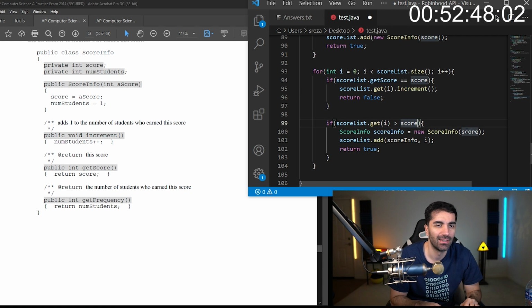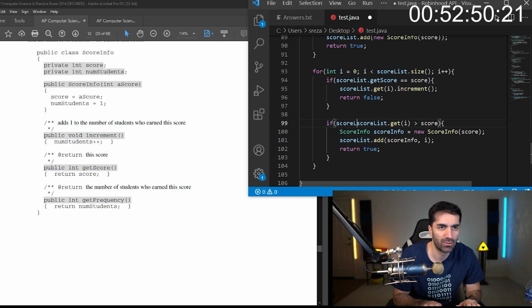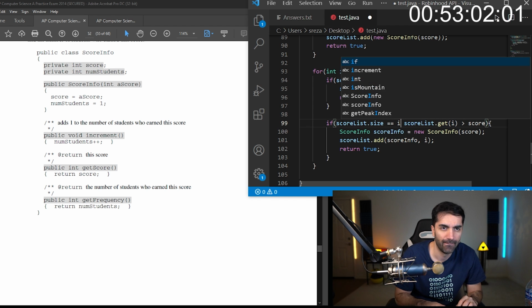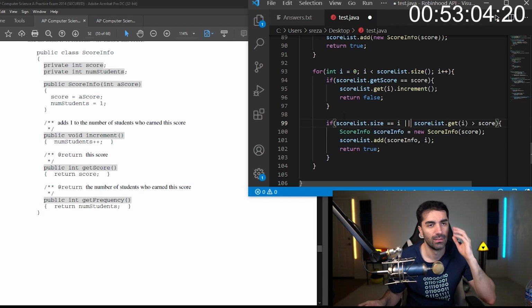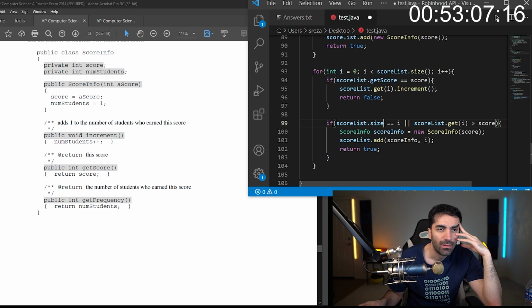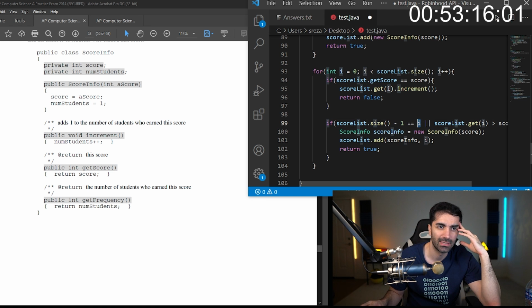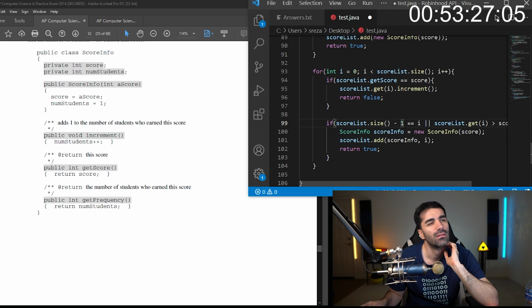So if score list dot size minus 1 equals the index that we're on, then we know we're on the last index. I guess it would be minus 1, right? Is that right?